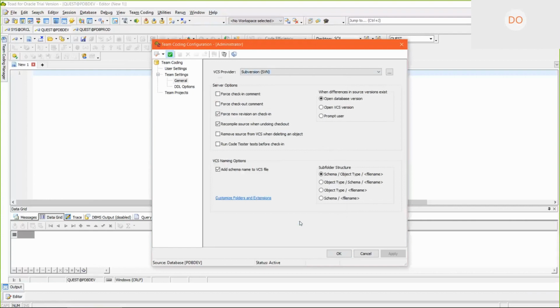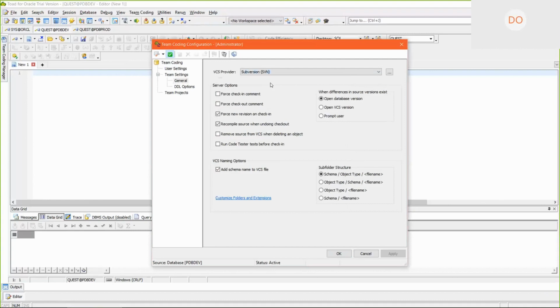your connection to the source control system. And what will happen then is every time you change an object within the database, so you're always working on the database version of the object, Toad will communicate with Subversion in my example and make sure that the object in Subversion is checked out when I'm working on it. It's checked back in when I'm finished with it, and you can create new versions as you go along then